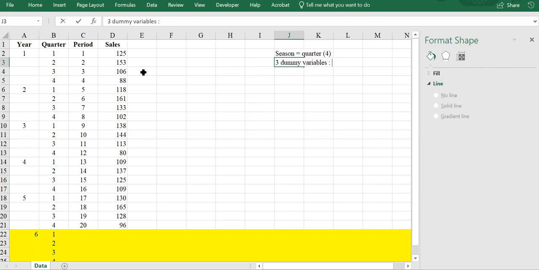And what are these? I have 4 quarters. I'm going to take the first one, the second one, and the third one, and I'm going to leave the last one as the one where all the other 3 take 0. So I'm going to call them QTR1, QTR2, and QTR3. And then we need to run a regression using the variable of interest as our dependent variable